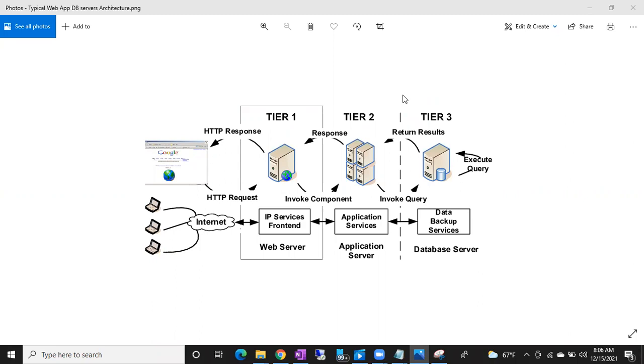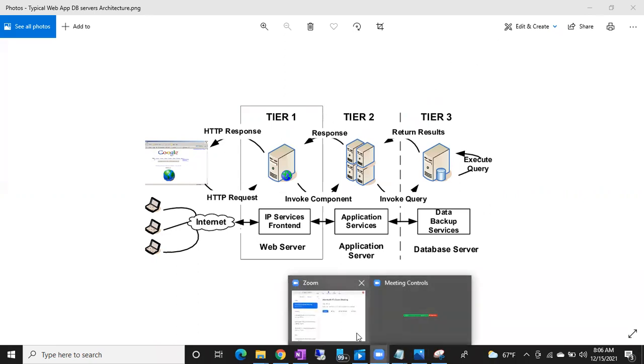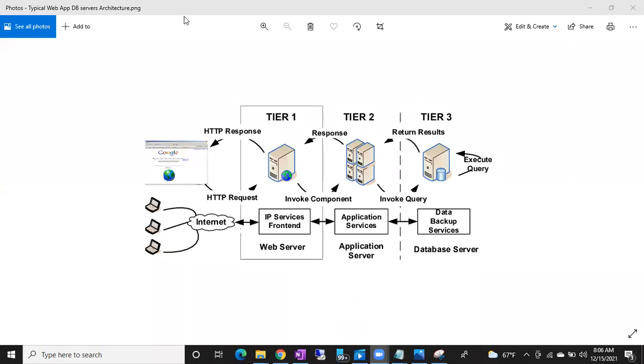Everyone, is it clear? If you have any doubts, you can stop me and ask me. Nothing to worry. How many of you are from other languages? I can see most of you are Telugu. Muthu from Tamil Nadu, right?